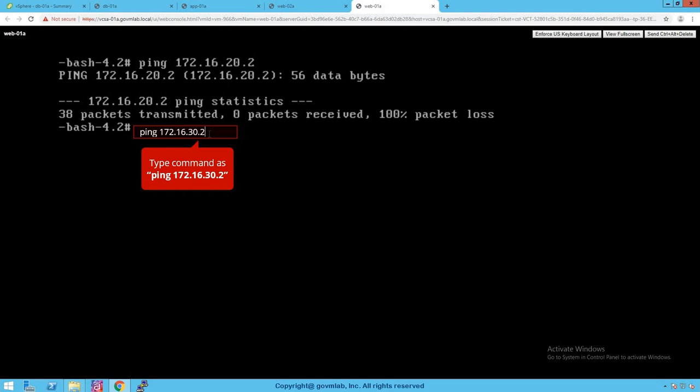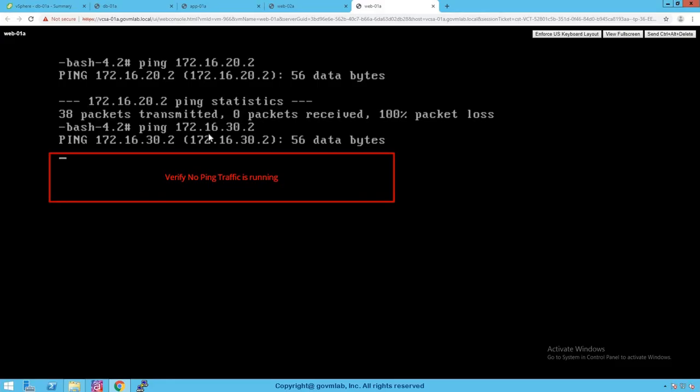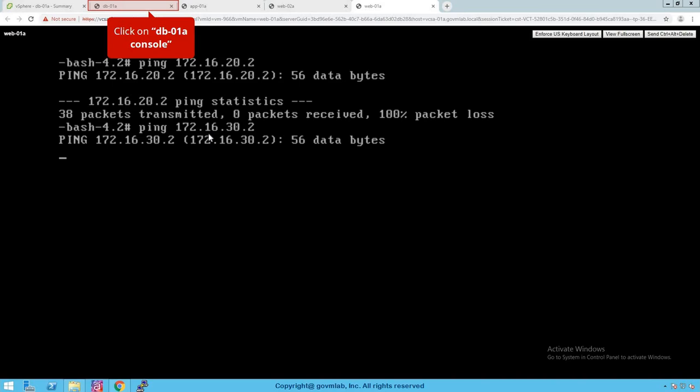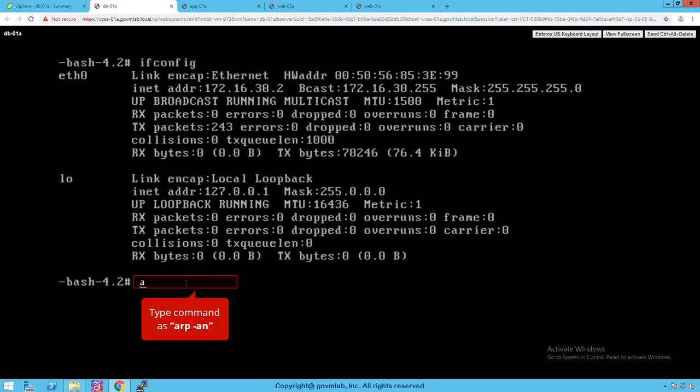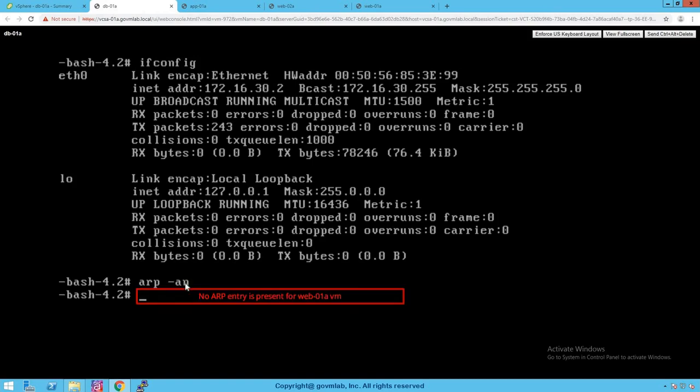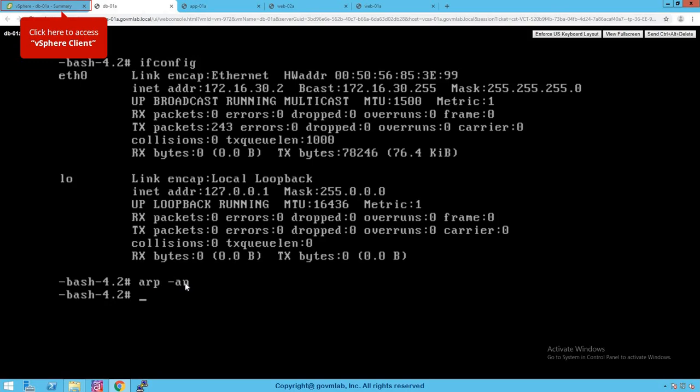It requires L3 networking and L3 devices such as a router. Let's check the ARP resolution, and there is no ARP entry present for web 01 VM. That is expected.